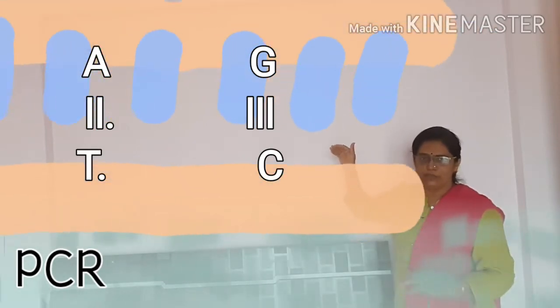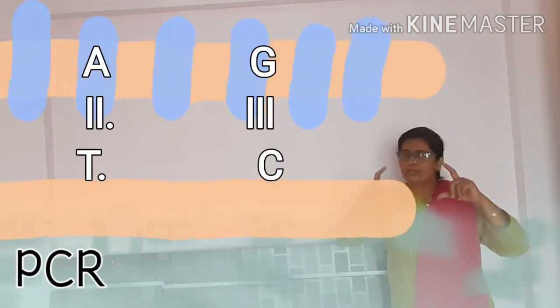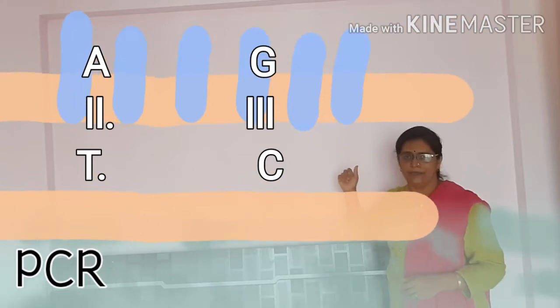here the weak hydrogen bonds are present between the complementary nucleotides, that is, A always pairs with T, having 2 weak hydrogen bonds. G always pairs with C with 3 weak hydrogen bonds. In this way the nucleotides get attached to each other. Complementary nucleotides are attached with the help of weak hydrogen bonds, and the 2 strands are produced, having a 3' to 5' orientation and a 5' to 3' orientation.